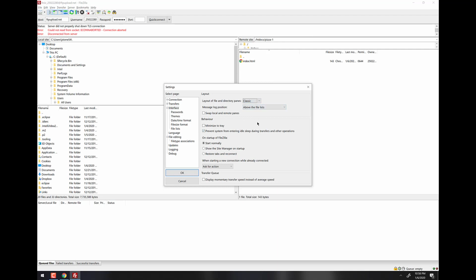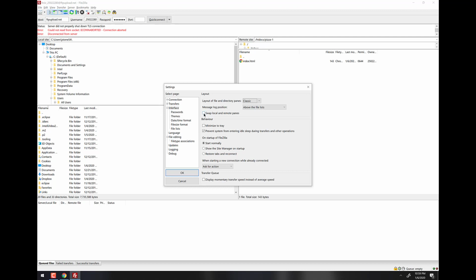That's fine. And then the one thing that I change on mine is this right here, swap local and remote. So right at the moment, you'll notice that my local is on the left and my remote is on the right. Now, if that little acronym works for you, local left, LL, remote right, RR, then leave it, whatever works for you. But for some reason, for years, I've been doing this for 20 years, I've always had my local machine on the right, and if I don't switch it to be that way, then I'm afraid I'm going to screw up and move files the wrong direction when I think I'm going to my server, but I'm not, or whatever.